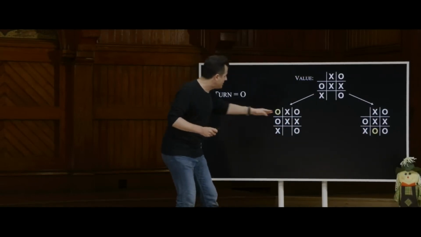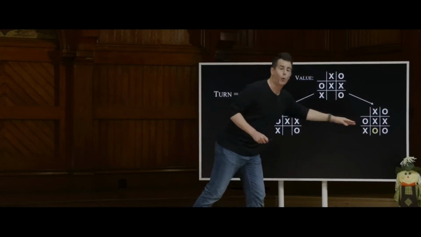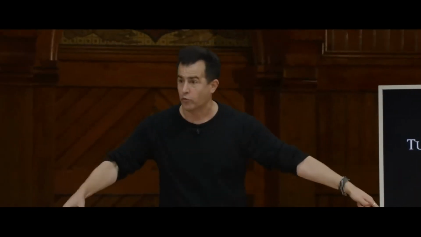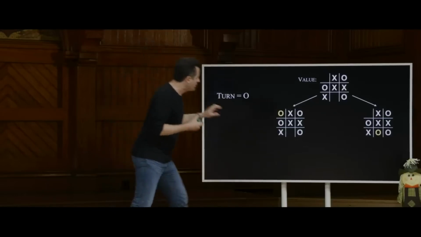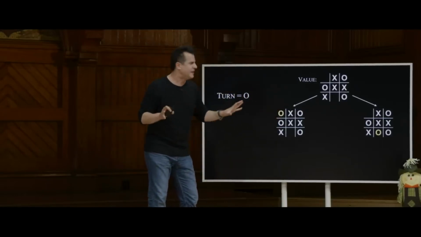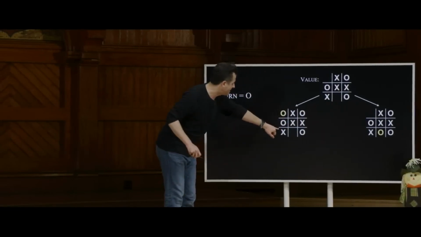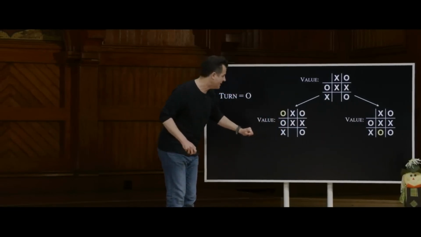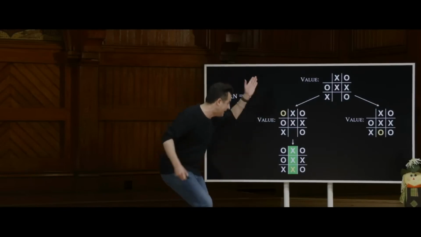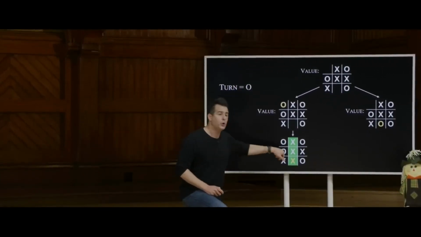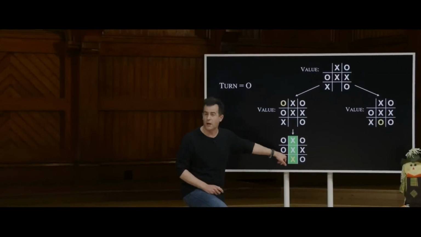We should ask ourselves, what's the value of this board? What's the value of this board? Because if O's purpose in life is to minimize its score, it's going to go left or right based on whichever yields the smallest number, -1, ideally. But we're still not sure yet because we don't have definitions for boards with holes in them like this. So what could happen next here? Well, it's obviously going to be X's turn next. So if X moves, unfortunately, X has won in this configuration. We can now conclude that the value of this board is what number?